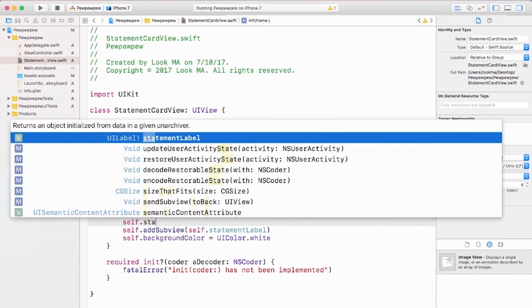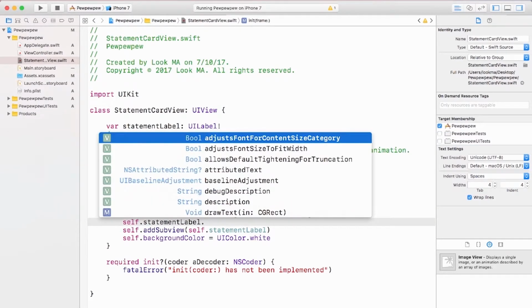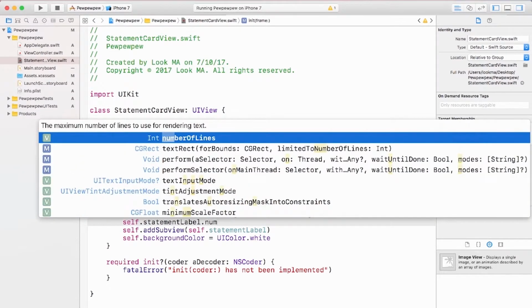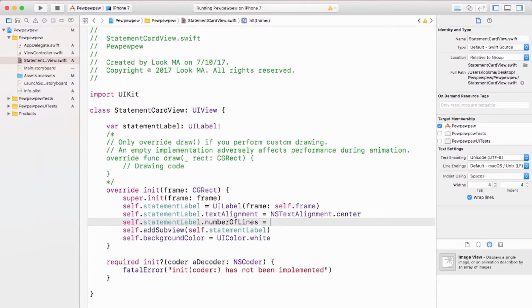The next thing we want to do is to set multiple lines. And to do that, just beneath here, we'll do self.statementLabel.numberOfLines. So you'll see that there's a property called numberOfLines that's an integer. If we go ahead and set that to 0, that sounds confusing, but 0 just means that you'll let it run through until it's ended. In this case, because we don't know how many lines we will need, 0 is kind of arbitrary. So if we hit play again,